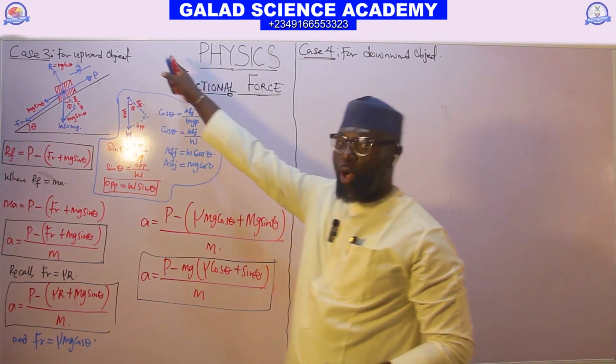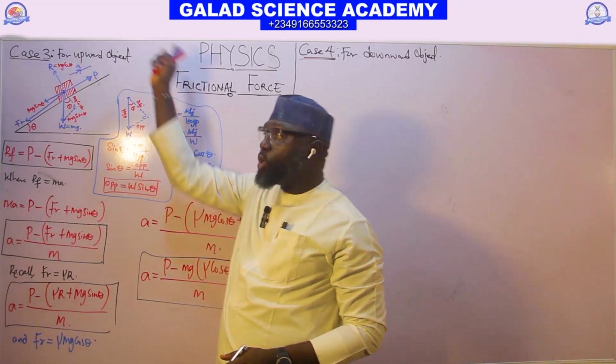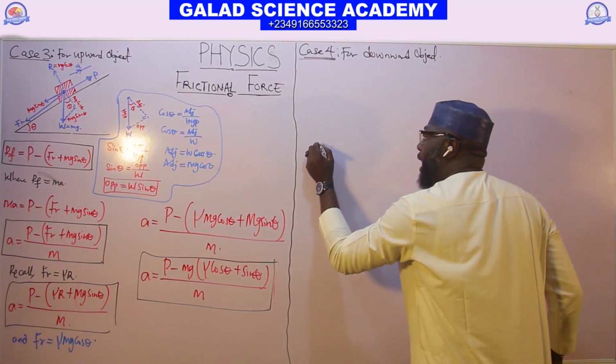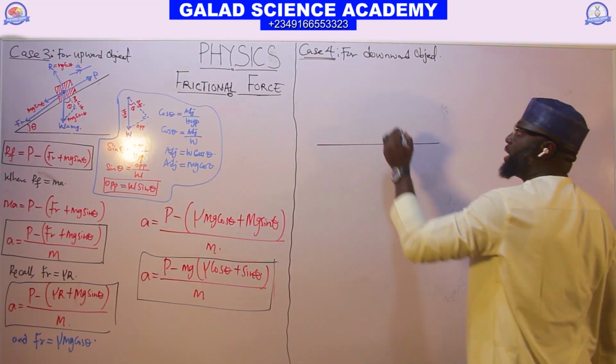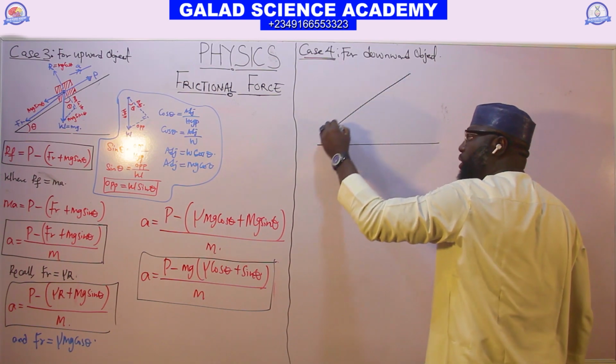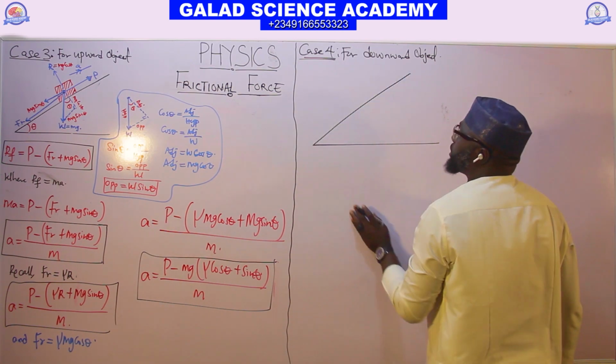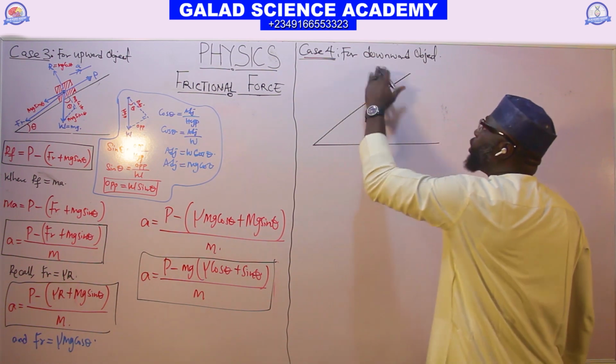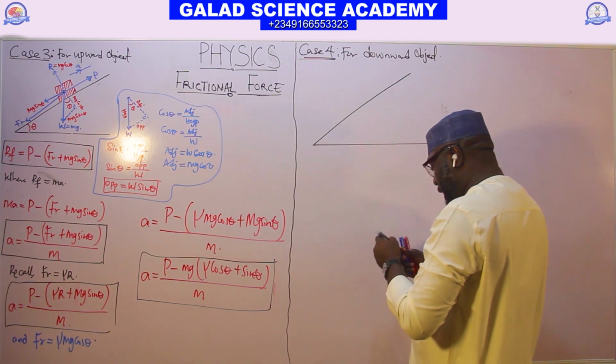This is for the upward object. The block is moving up. So this time around, this is our horizontal plane, and this is the inclined plane. So the block that we put here,